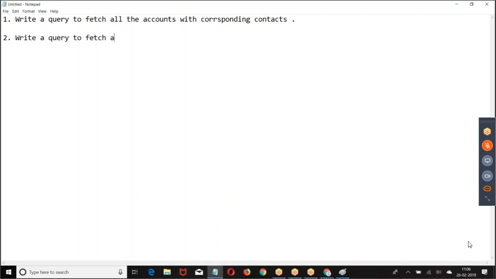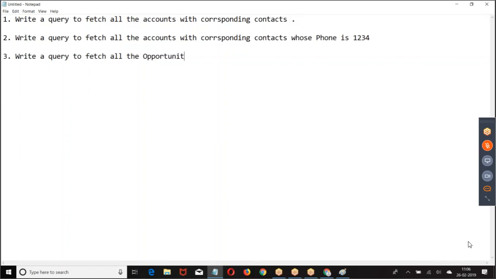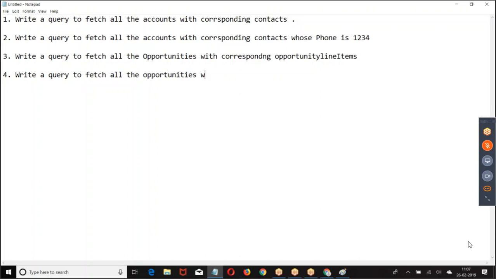Write a query to fetch all the accounts with corresponding contacts whose... Write a query to fetch all the opportunities with corresponding opportunity... Complete the first two.